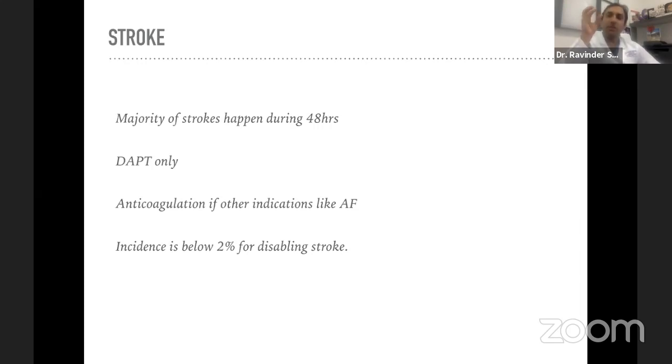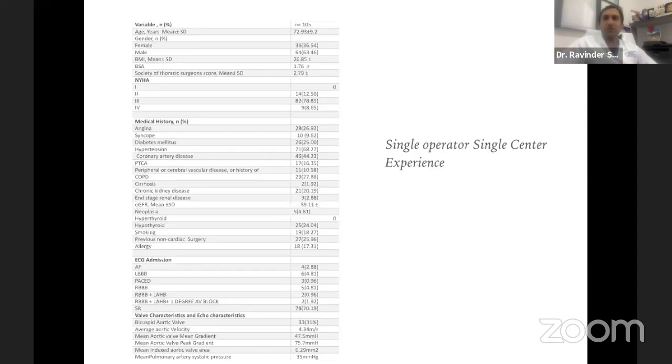Now, such patients can be asymptomatic. That's why you call it asymptomatic bioprosthetic valve thrombosis. They have no symptoms, no dyspnea, nothing. But on the echo or on a 4D CT, you would notice an increase in the thickness of the leaflets and the presence of a thrombus. So that's very important. So I'm going to share my own experience from my single center,